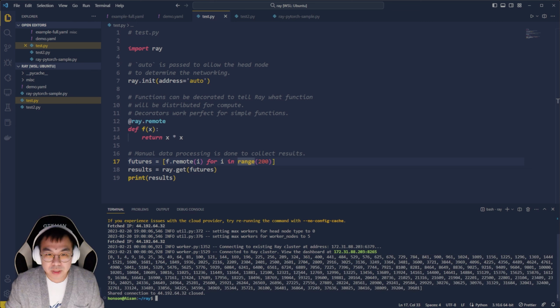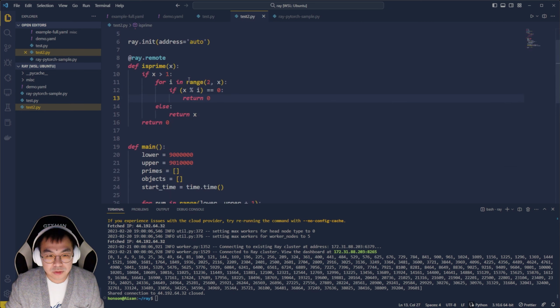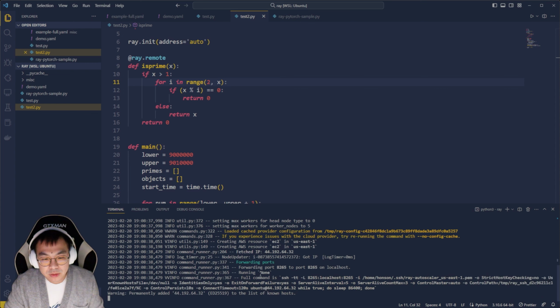Next thing we want to do here is run the second test. So here, something a bit more compute intensive. In this case, I will show you how to monitor something like this on the Ray dashboard. So let's do ray dashboard demo.yaml. When we start this, it's going to connect to the head node. It's going to then forward the port over so that you can view the dashboard on your localhost. So let's see here, forwarding port 8265. So if I go to localhost 8265,